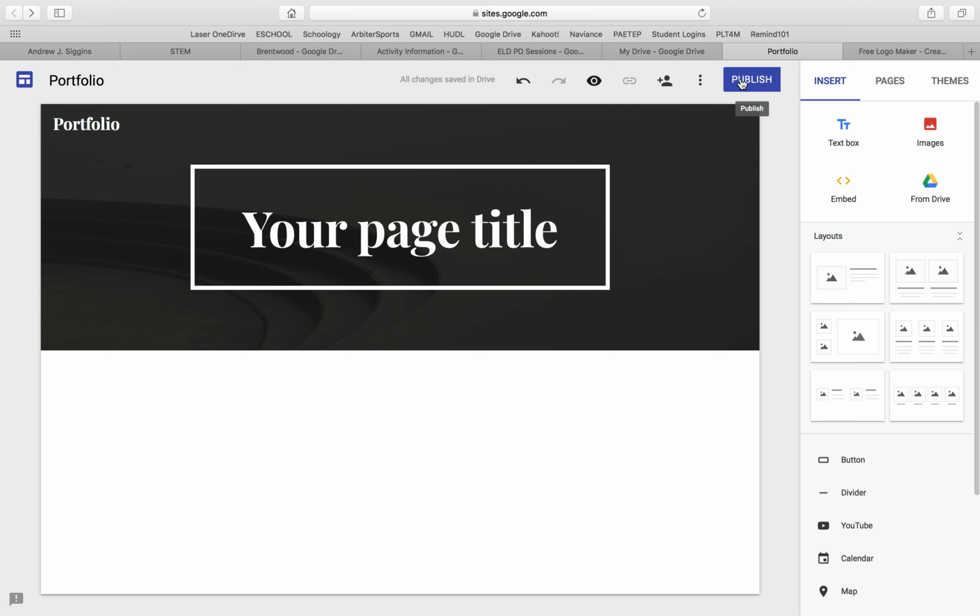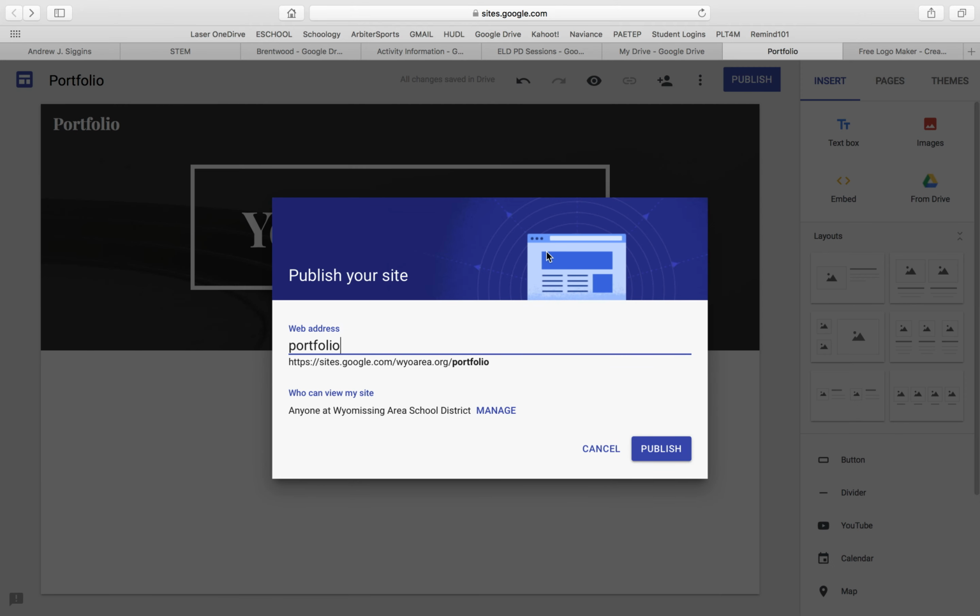And then the last thing, in order for this to go live, in order for you to share this with anyone else, you need to go under Publish. With Publish clicked, it gives you the ability to title your document. It may not allow you to have it if it's too short or too basic. For instance, just your initials may not work. But you can see here the URL that you are about to create. In our case,